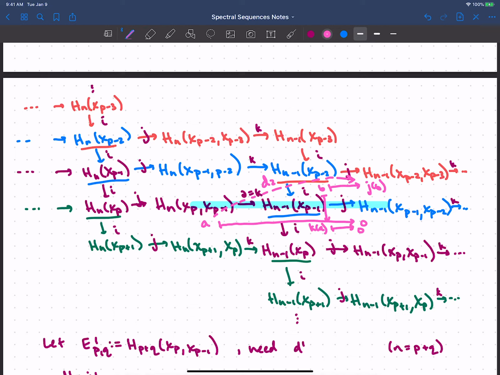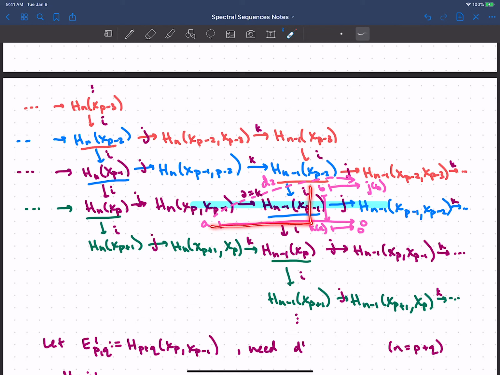But just to talk through that again, I have this A that goes to 0. So there's something that's partway on the way. Let's call it K of A, that goes to 0 in this blue long exact sequence. So there must be a lift of it, B, up here in Hn minus 1 of xp minus 2. And I'm just going to send that B over, and then all of that sort of lift game,